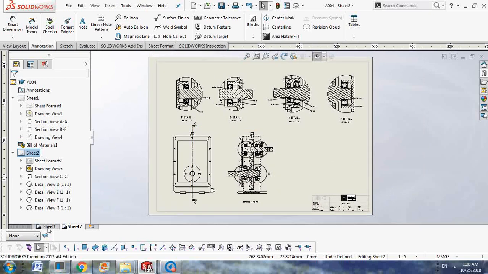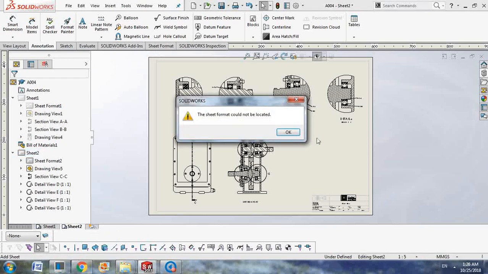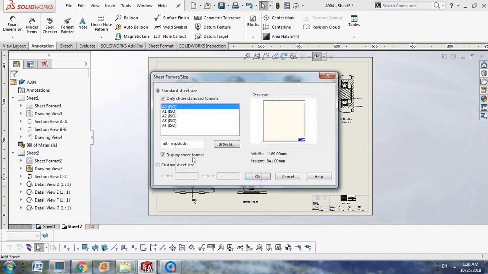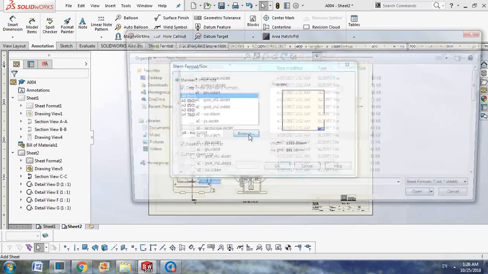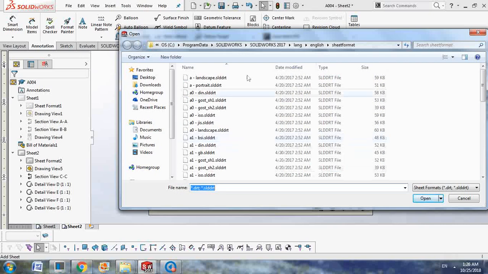Okay, so you can have more than one sheet in a single drawing file. So when you want to add another sheet, you can just click on add sheet. Okay, and then when this window pops up, click on the browse and